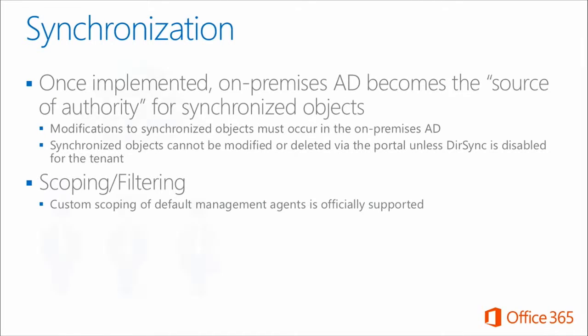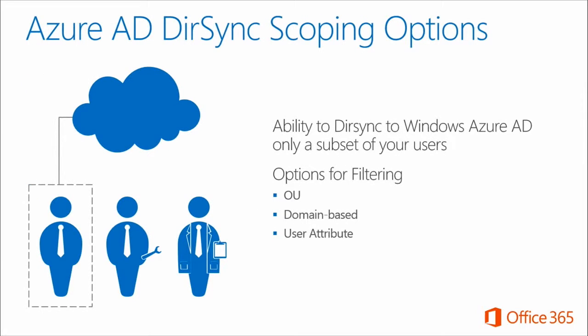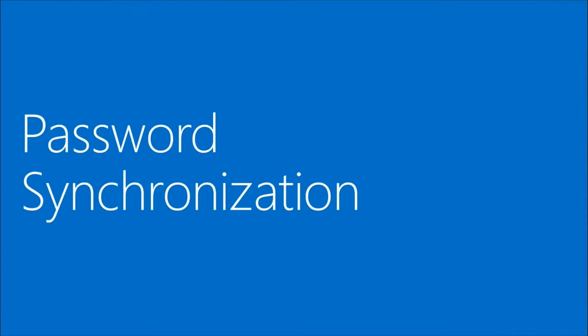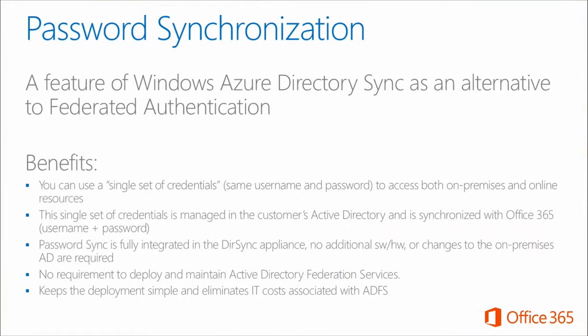And then from a scope and filtering, nice little graphic that shows, hey, take your guys with the tie but not the work tools, and only put them up. So your options are domain-based, user attribute, and OU, and you can really set aside what users you want to synchronize. Fantastic. To go a little bit deeper into password synchronization, as you talked about,